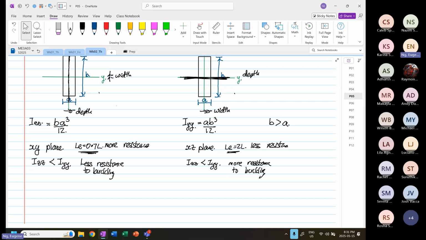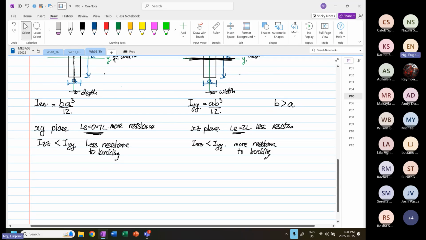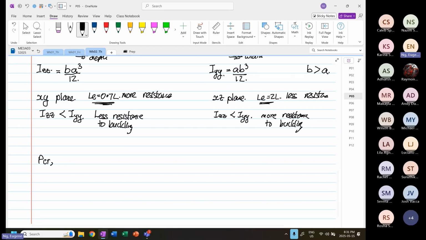On the right-hand side, in the exact plane, the equivalent length is longer. The equivalent length being longer means less resistance to buckling, but the second moment of area makes it more resistant to buckling. So in this context, when we want both sides to have the same, most efficient design, the most efficient design happens when PCR in the XY plane must be equal to PCR in the XZ plane. So when this is the case, both